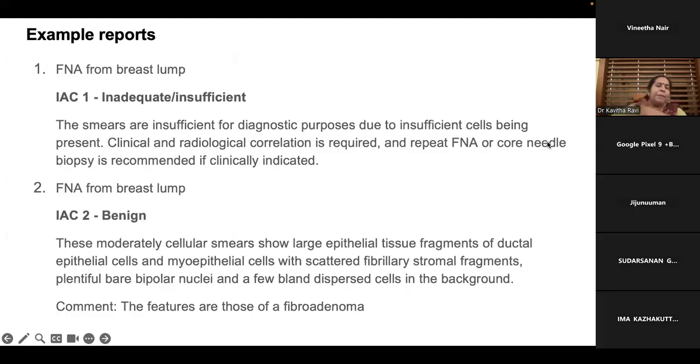So these are some example reports I've already mentioned, so I am not going to the details again. As I said, IAC category, if you get a report as IAC1, that means it is inadequate or insufficient. If you get IAC2, that means it's benign, which is the most common benign lesion, especially in young females. So it's a fibroadenoma, and we are able to give a specific report